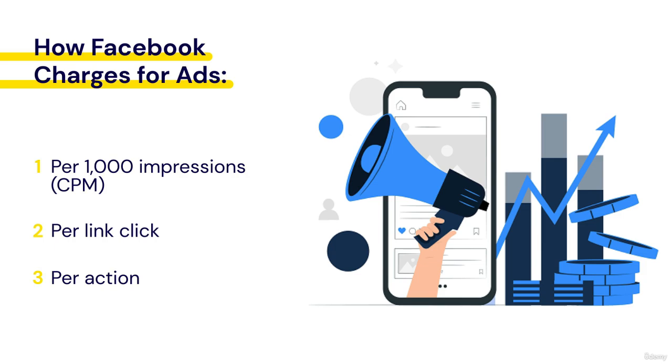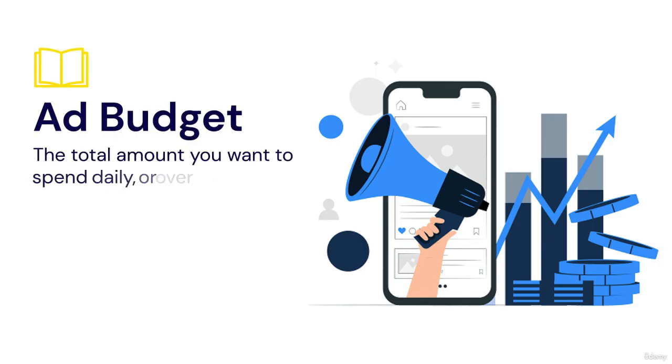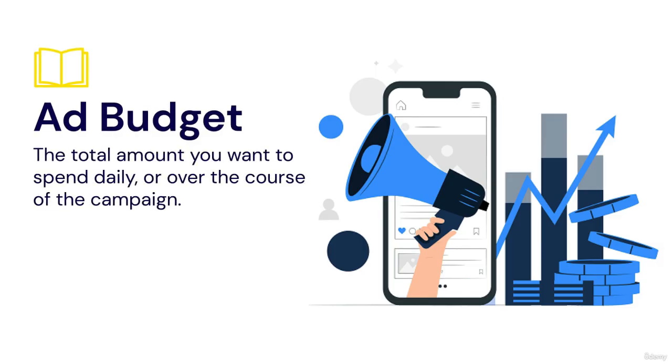Now that you know how the auction works and how Facebook charges for ads, you are ready to set your budget in Ad Manager. And your Facebook ad budget is the total amount you want to spend daily or over the course of the campaign. Facebook will then try to spend your budget evenly throughout the time your ad is running, and you won't be charged more than the budget you set. So if you set a maximum budget of, say, $100 to run an ad over a month, but Facebook only spends $70 that month, based on the ad performance, your bill will be $70. Remember, when you are setting a budget for Facebook ads, it's the maximum amount you are willing to spend,